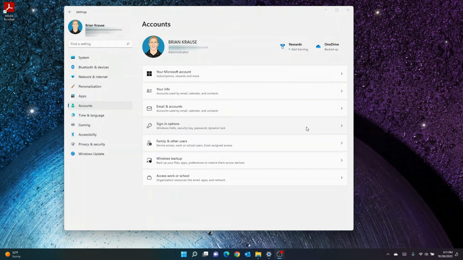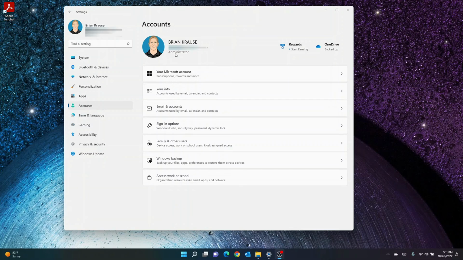Let me show you a couple things about accounts. If we go into settings, we'll see my account is listed here. It says my name, Brian, and that I am an administrator. That's great to know. What does this mean? That means it's the default local user account, and that default local user account has the administrative permissions. So I have full access into this machine. Now, when you log into your computer, this is a home computer, not a work computer. That's going to look a little different because of domain structures, things of that nature.